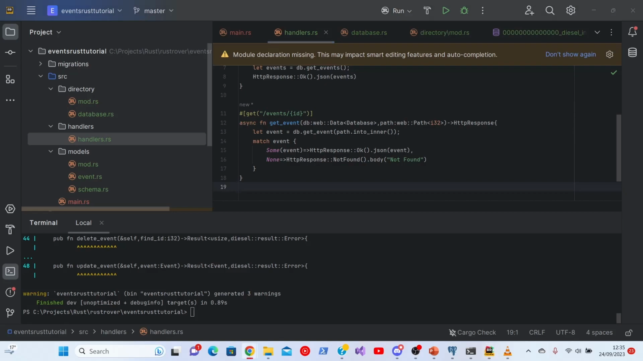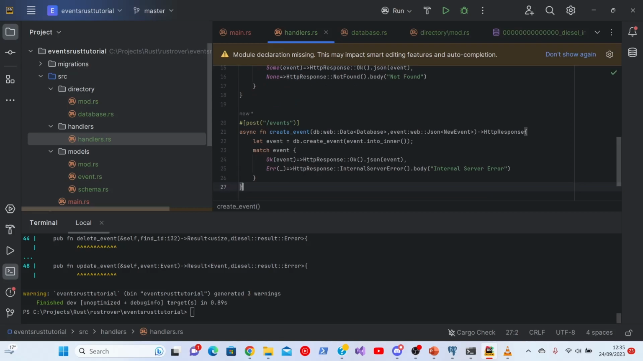But before we can do all of this, we need to be able to create events. So that's how we do this. This time it's a post, because it's not idempotent, so to say. Look at the REST specification. You'll see why I use post here. Again, async with a DB and with a JSON representation of the new event. That's how you do this,